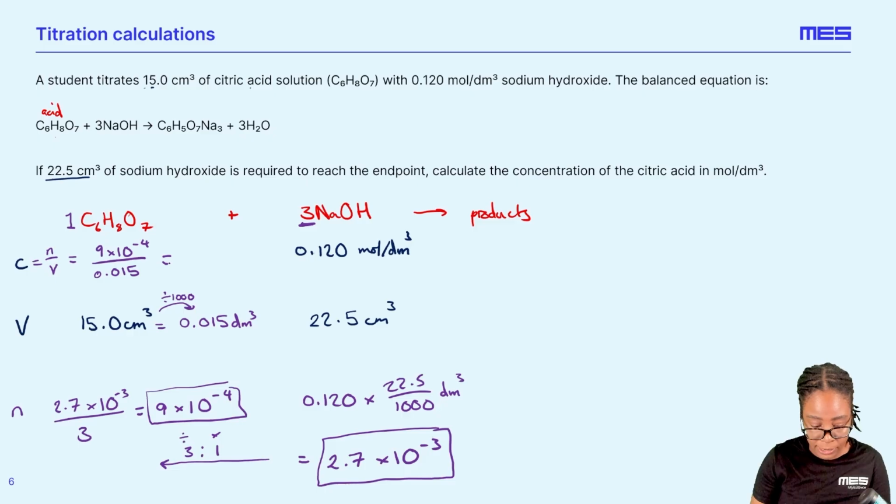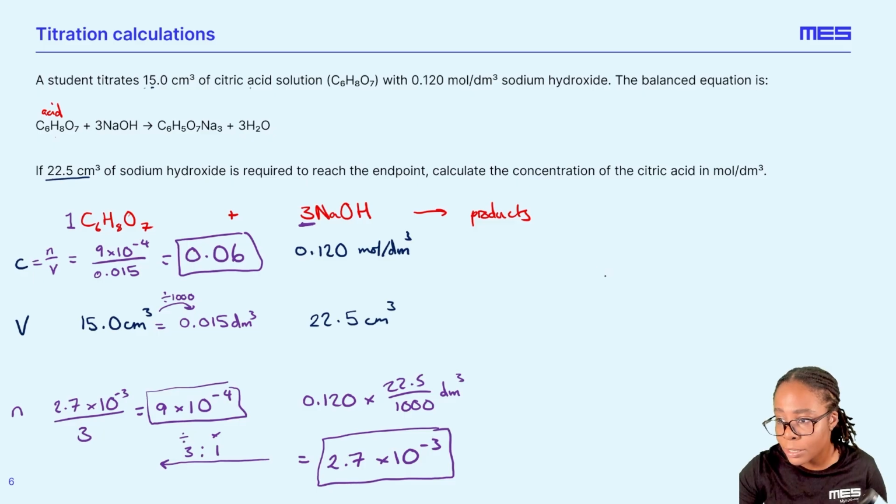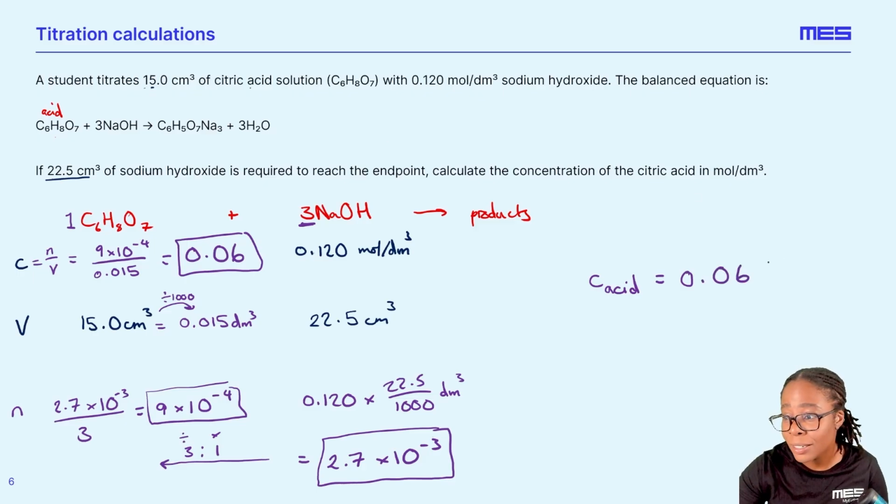And that gives us a final concentration of 0.06 moles per decimeter cubed. I'm going to put my answer nice and clearly here. The concentration of the acid, 0.06. Based on the number of significant figures, I'm going to put a couple more here, moles per decimeter cubed as